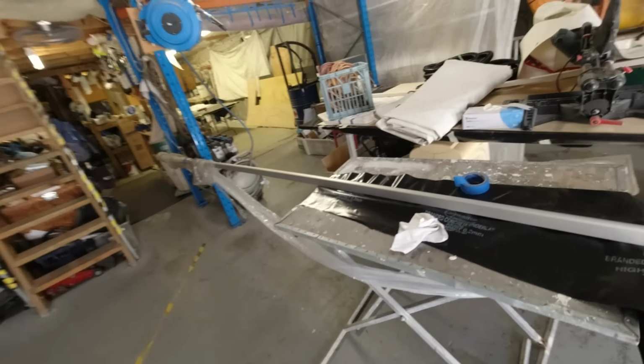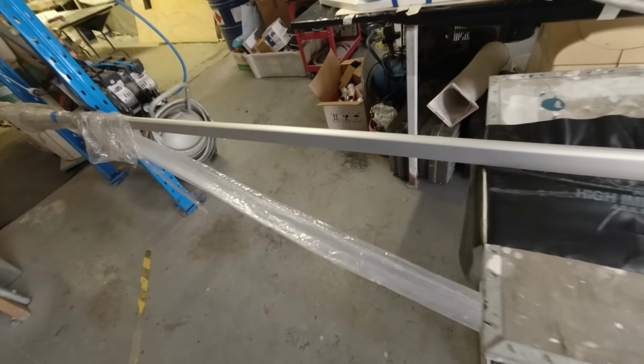He said, why don't you make a fiberglass splash or a mold over the top of the gunner rail, and then you can do a fiberglass cutout of it and then slip it over the original gunner rail and then cut it to shape. And I think that's such a great idea. So what I've done here is I've got an extra piece of the gunner rail which I didn't use,